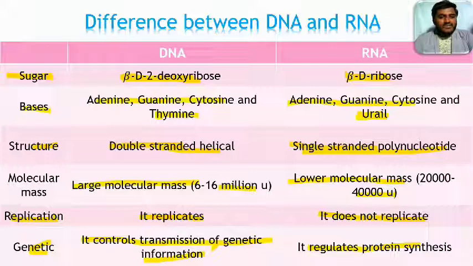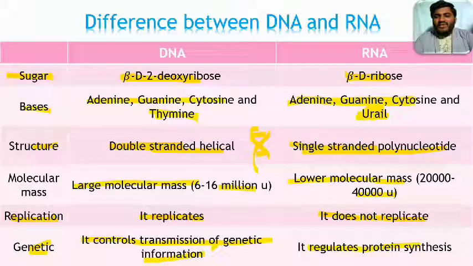Next one, nitrogen bases. Nitrogen bases present in DNA are adenine, guanine, cytosine and thymine. But in RNA, the same adenine, guanine, cytosine are there, but thymine is not there in RNA. In place of thymine, there is uracil nitrogen base in RNA. Next one, structure. If we come to the structure, DNA is a double stranded helical structure. We have already studied the structure also. It just looks like this, DNA helical structure, right? In between that, nitrogen bases are there, so they will attach like this. Okay, you have studied that one.